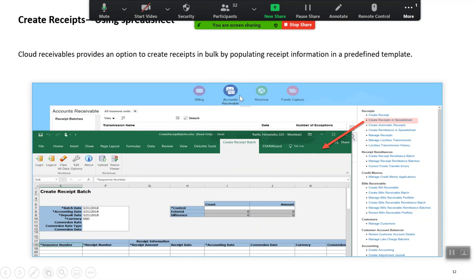So as I said, as soon as you click on accounts receivable, this is the tile that would open up for you. Create receipts would take you to this particular screen, and create receipts using spreadsheet will open this particular spreadsheet.